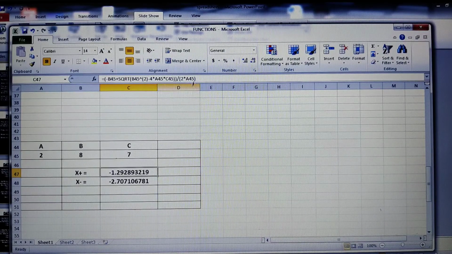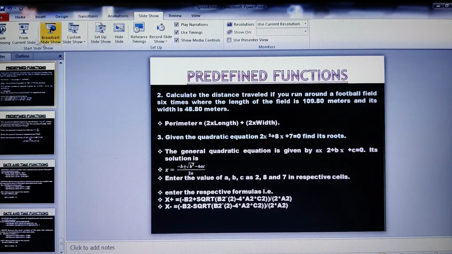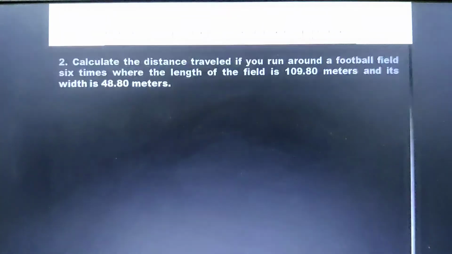This is how I have written the formula, and once you write a formula, click on enter. I got this one as a root. What about the second one here? When I place the cursor here, it is just a change of the sign. The same formula is written with the same cells. So this is how you can find out the roots of the quadratic equation. Let us move on to the last problem.